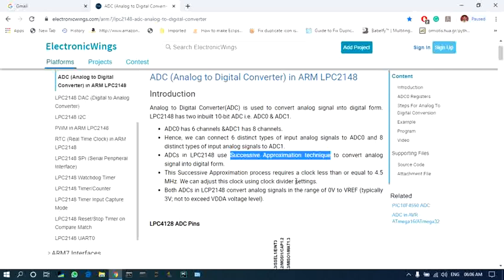So this feature we are going to consider while configuring the ADC using registers. The voltage on analog input channels can vary between 0 to Vref. So Vref is typically 3.3 volts.